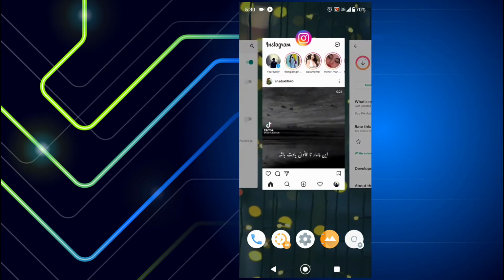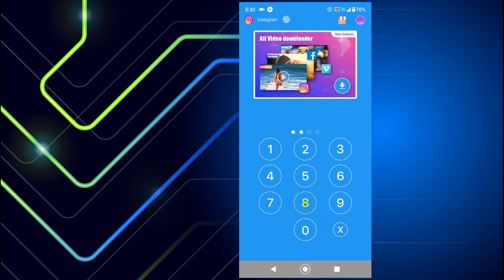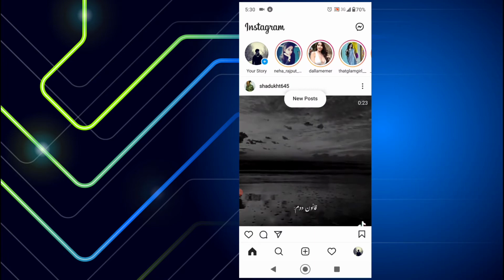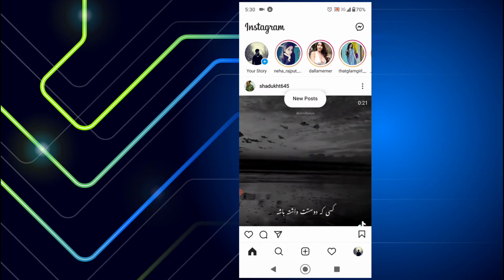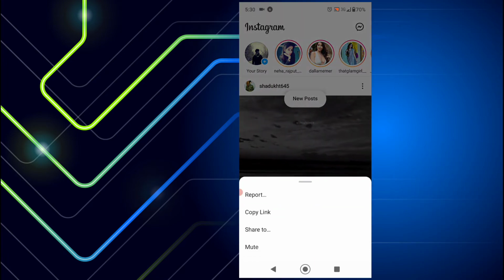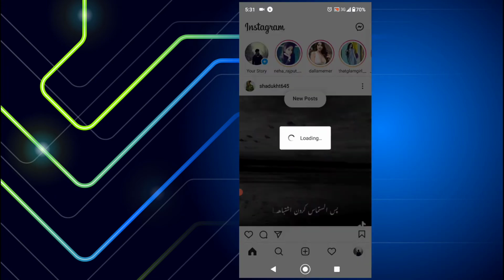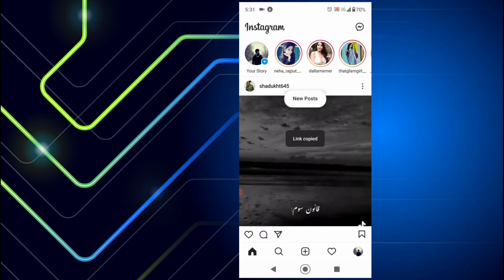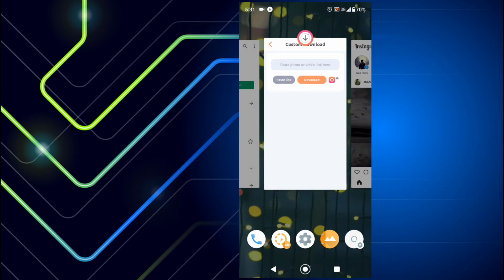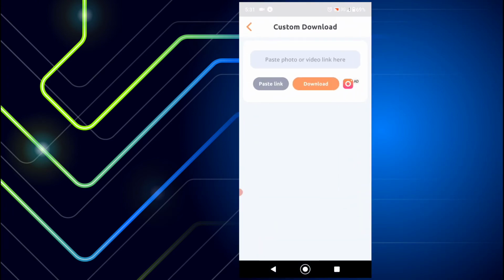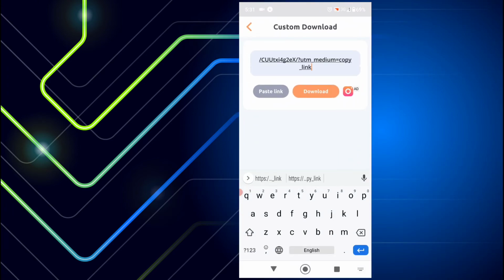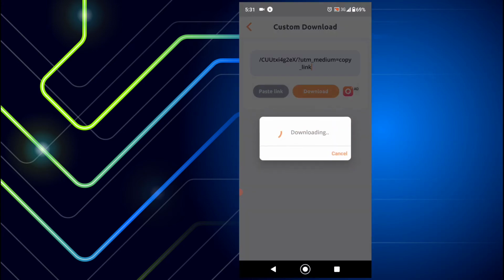and open your Instagram. I'll put my password, and I want to download this video. Just click on the three dot button in here and just click on copy link. When you click that, the link will be copied on your keyboard, and just paste that link into here. Click on download. That video will be downloaded for you,